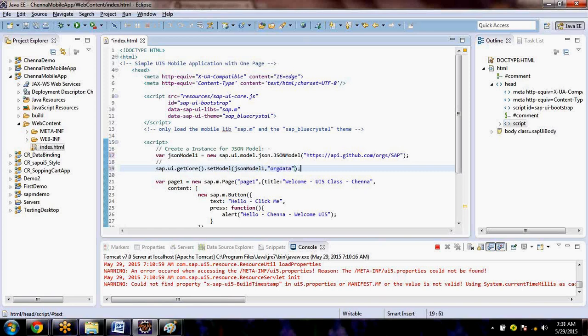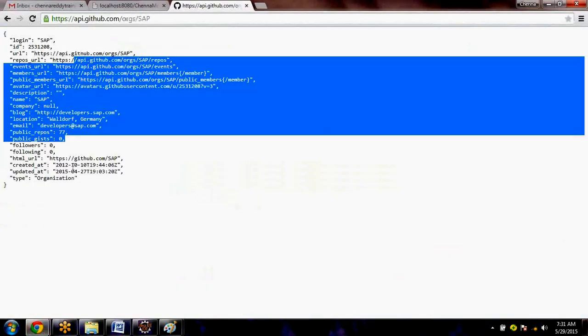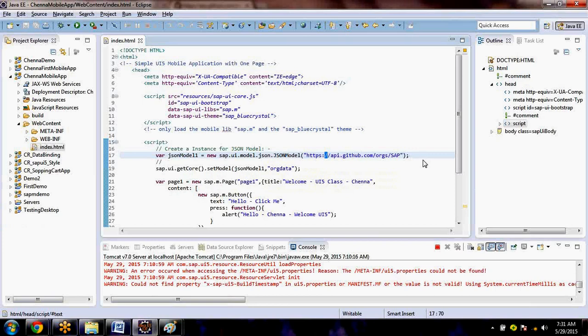That's it. Now let's understand what this statement is doing. We created an instance for the JSON model that will take this URL, and it is going to give the data, right? This is giving the data. Now I need to use the data in my program.